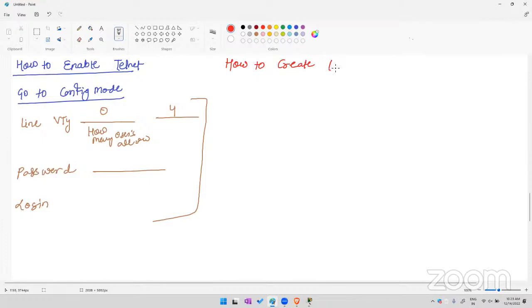create local database accounts. Local database means the device stores account information separately. So basically we can create multiple accounts. Go to config mode and write down the command